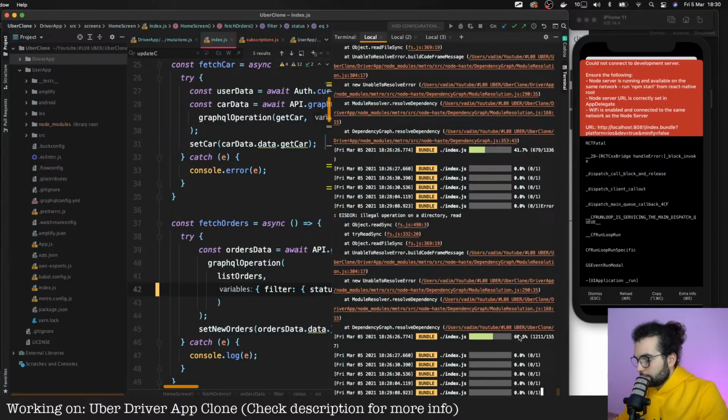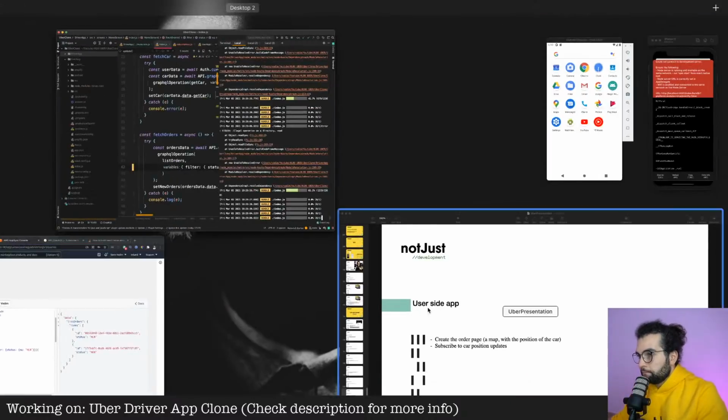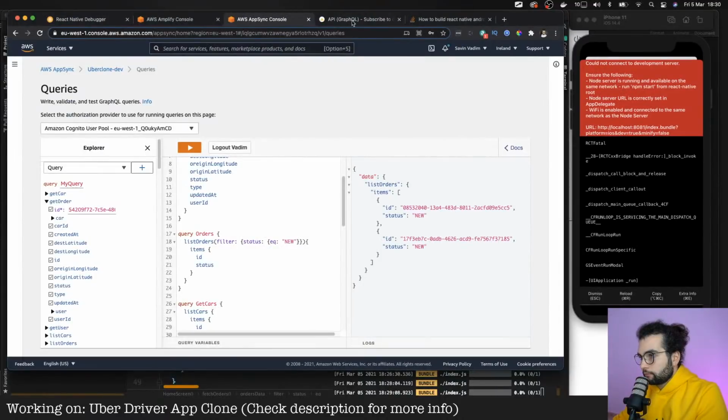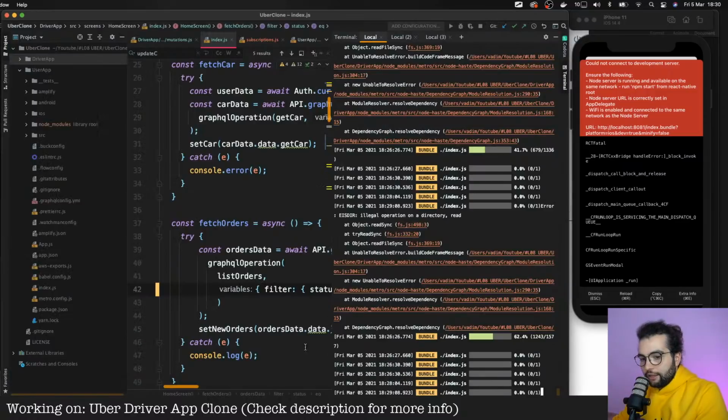Interesting, 60%. Let's wait. Yeah, I have so many apps opened right now. My computer is going crazy. And also streaming, 2 emulators.